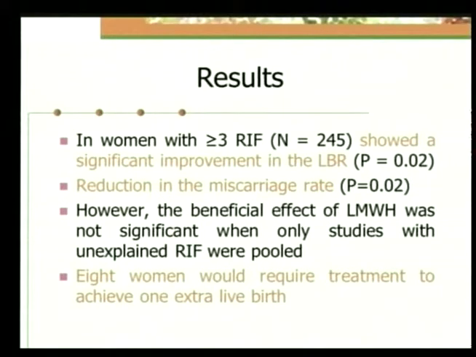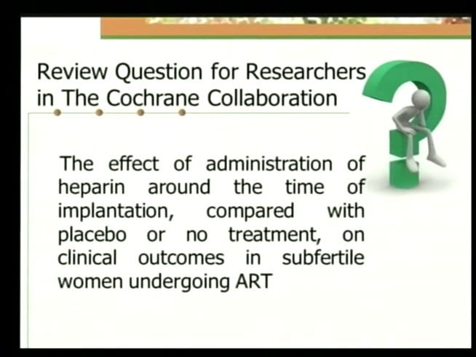The results: in women with more than 3 recurrent implantation failures, 245 women, they showed a significant improvement in the live birth rate and a reduction in the miscarriage rate. However, the beneficial effect of low molecular weight heparin was not significant when only studies with unexplained recurrent implantation failure were pooled. She gave a very remarkable conclusion that 8 women would require to be treated to achieve 1 extra live birth. So a lot of studies and a lot of confusion, and we ultimately go to the Cochrane database